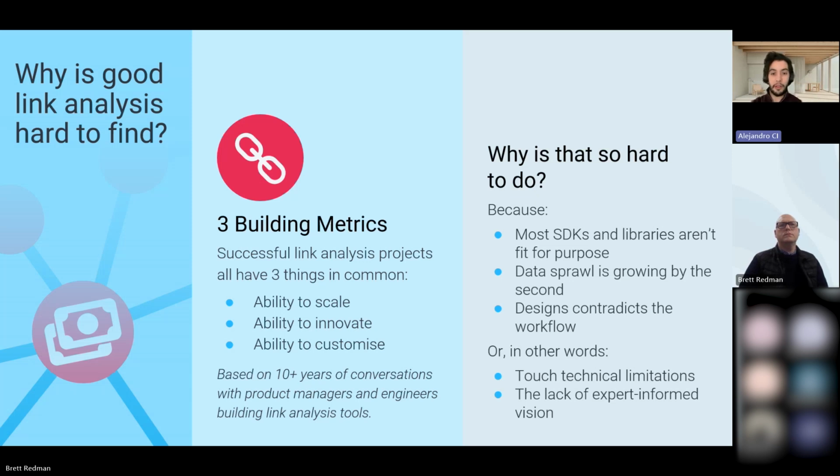And the other dimension to it is customization. Trying to create a unified user experience wherein the link analysis component feels like it's a part of a broader application that gives the actual investigators more control of what's going on. And again, just touching on why these are so hard, as I alluded to, the toolkits and libraries that are used to build out these link analysis components just aren't usually fit for purpose.